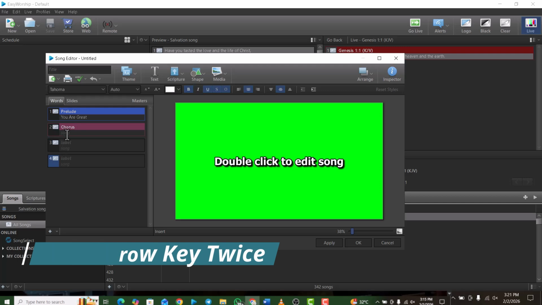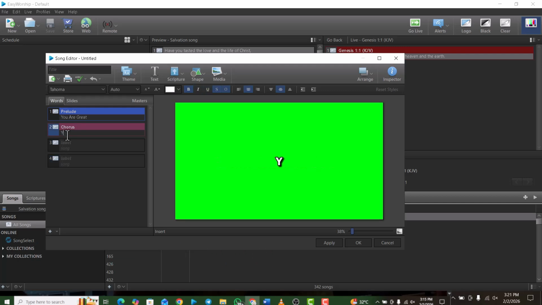Can you see now? So let's say my chorus is "You are mighty," and then this is my first verse. This is my verse 1. Now, the reason why I do recommend that you label your songs is because there are songs where the choir might